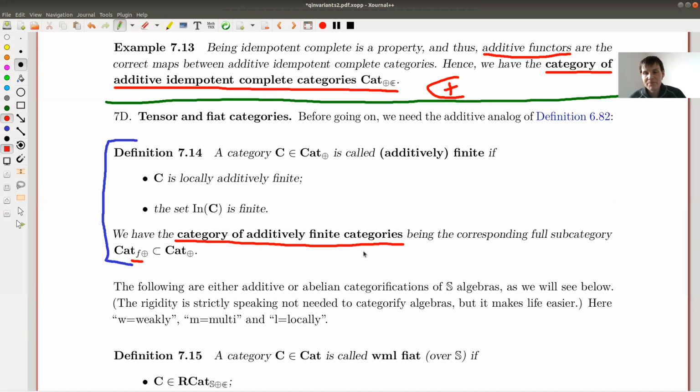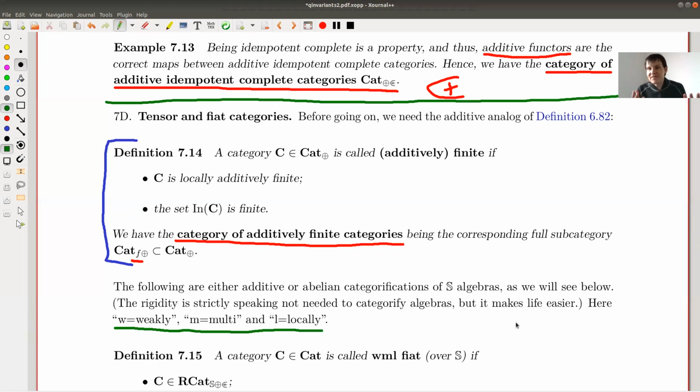So in particular, there will be a lot of notions I'm going to throw at you. Don't worry too much. It's not super important. The main point, I will stress the main points. There will be a lot of symbols, like there will be a W, there will be an M, there will be an L, whatever. Doesn't matter so much. Ignore it for now. And if you want to check it carefully, you can.